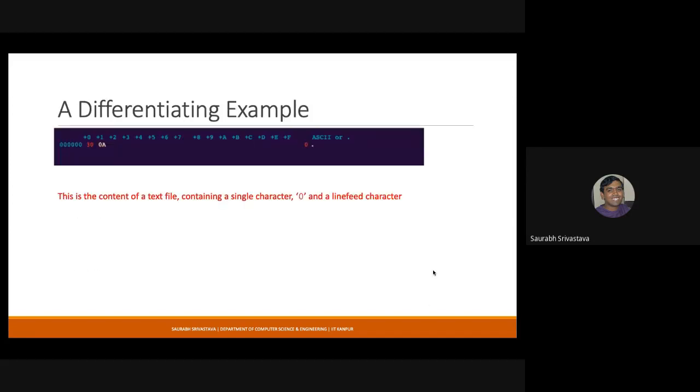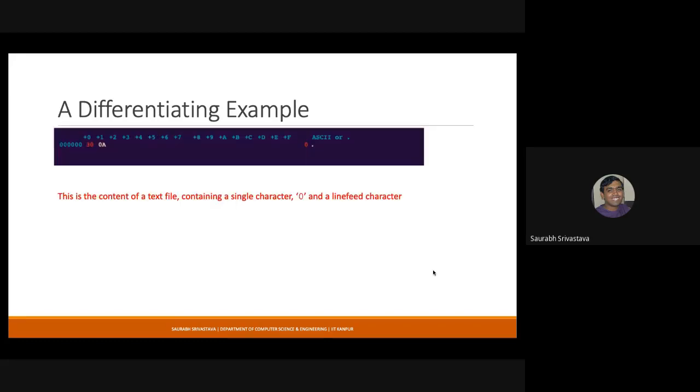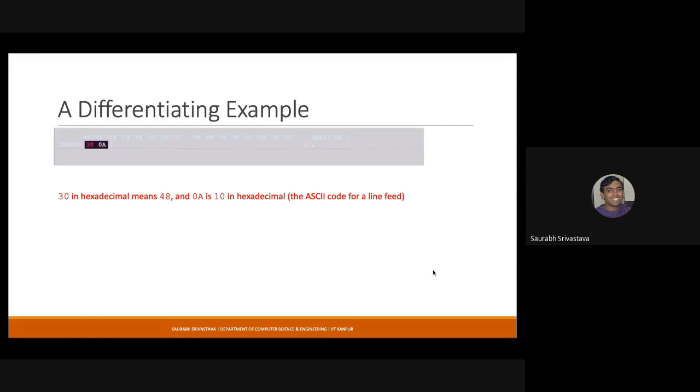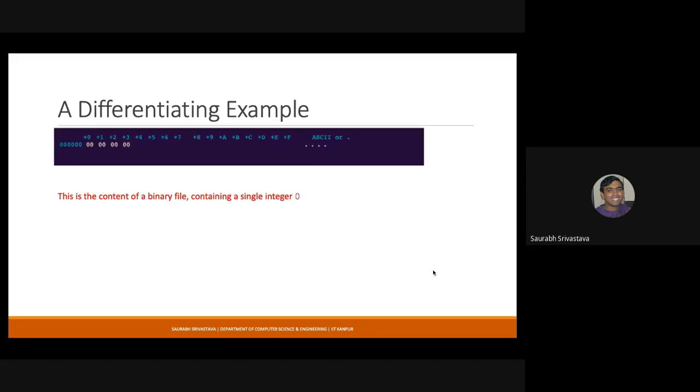So this is, I think, a differentiating example. I just wrote some zero within a particular text file and a binary file. So this is how it is stored when I'm trying to store it like an integer.